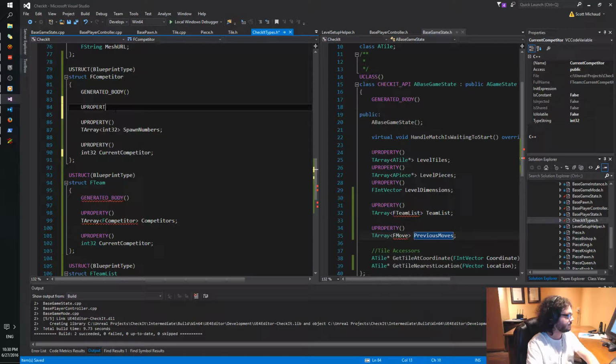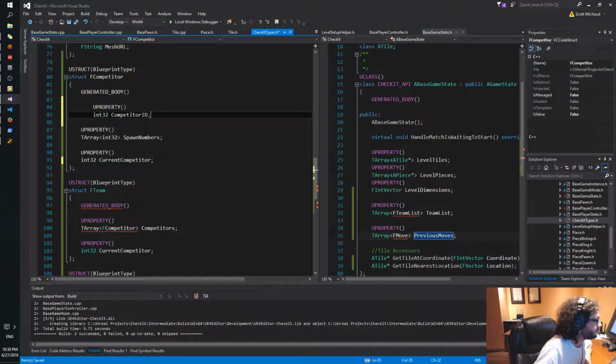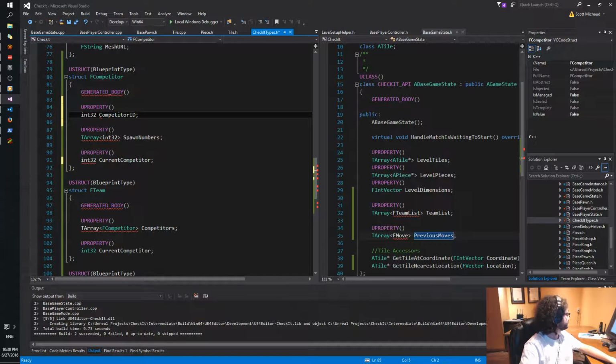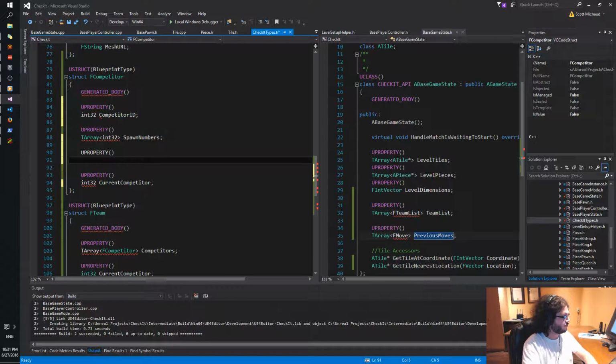Property Int32 competitor ID. That's the spawn numbers. View property. This is one where we're going to diverge from our last one. So B skipping turn.